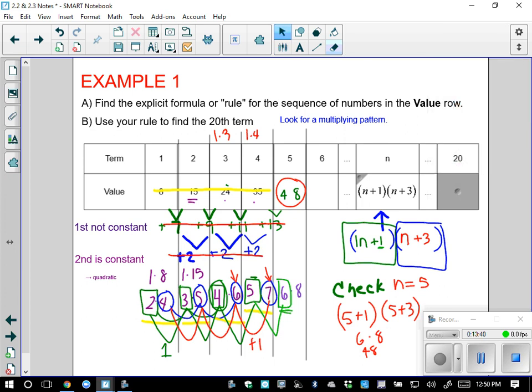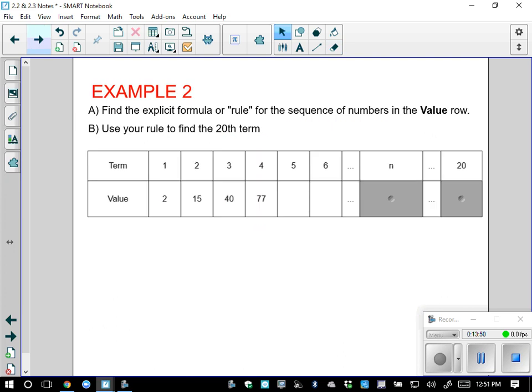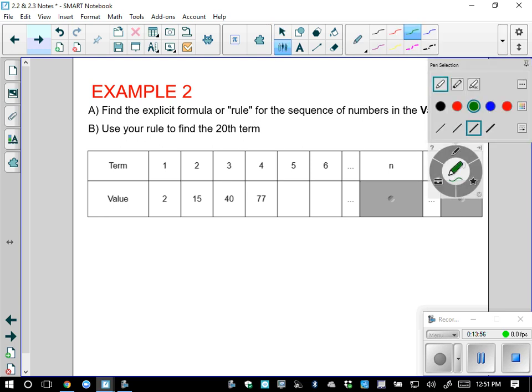So I'm going to do one more example, and then I'm going to stop the video, and you guys are going to come back to class and practice, and we'll do the handshake problem together. So there's a lot of steps. The first step is check the first difference. So from here to here, I go up by 13, and then from here to here, I go up by